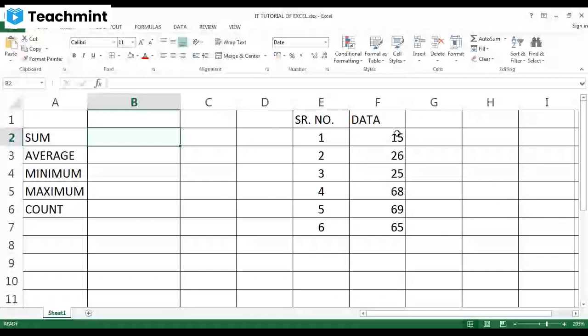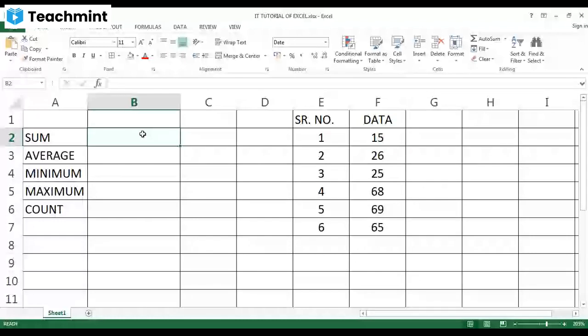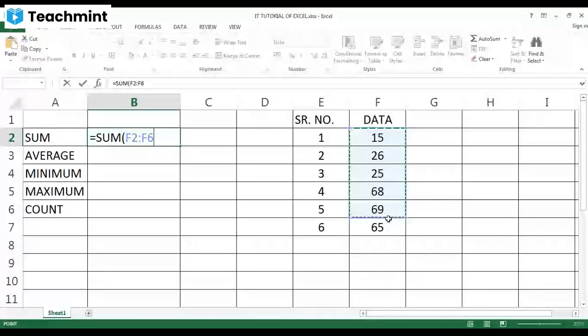The cell range is F2 to F7, because the first cell is F2 and the last cell is F7. So I'll write equal sum, then select these cells, close the bracket and press enter.